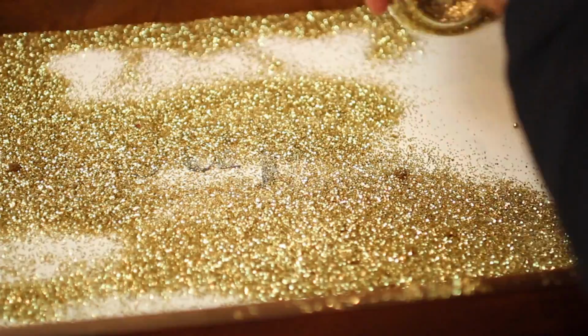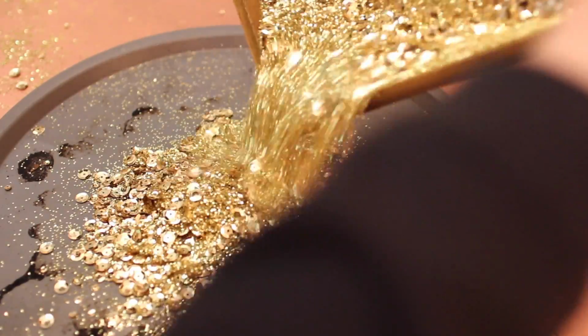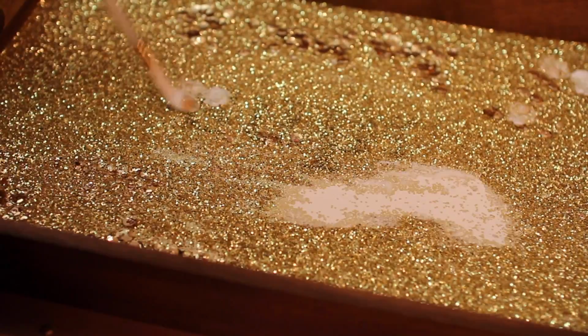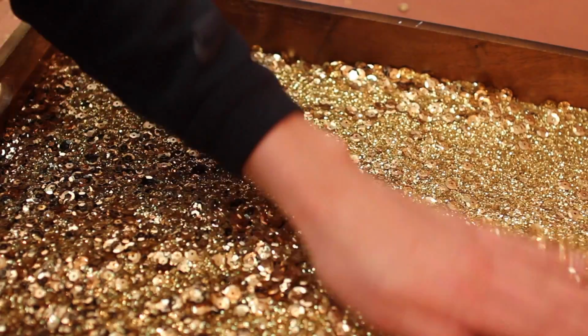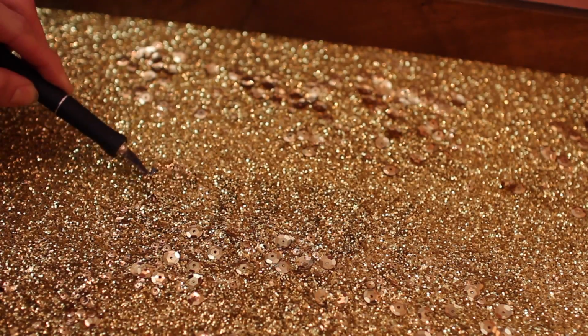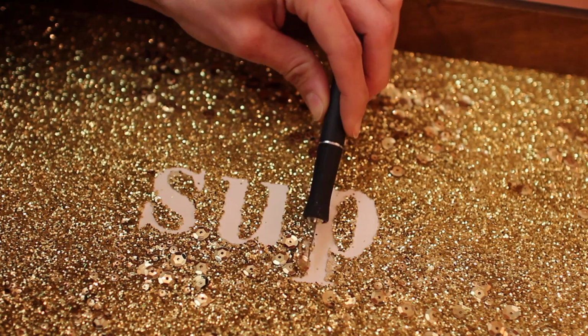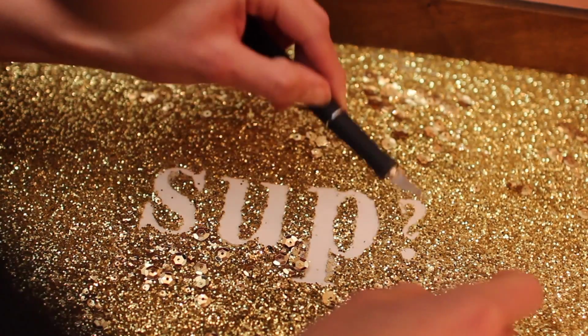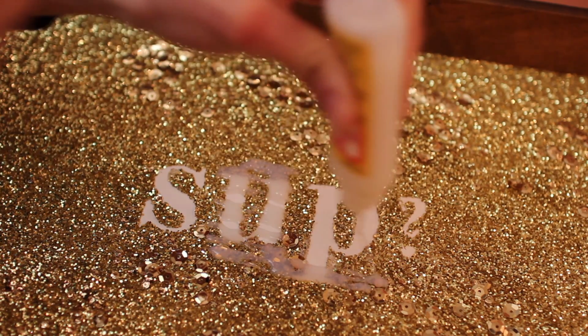Sprinkle the entire bottom with your choice of glitter combination, and then I would tap the excess off. Look for any holes and put some more glue on top of it, and then sprinkle more glitter and repeat until it is thoroughly covered. Once it is thoroughly covered, take an X-Acto knife and pop those stickers off to reveal the word that you put on there. After I did that, I started squeezing some magic glue all over the bottom of the tray